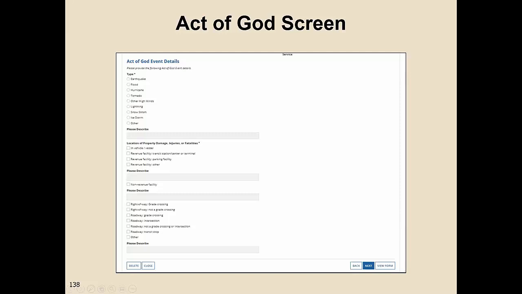Here's a screenshot of the Act of God screen. As you'll see, you'll include the type, the location,